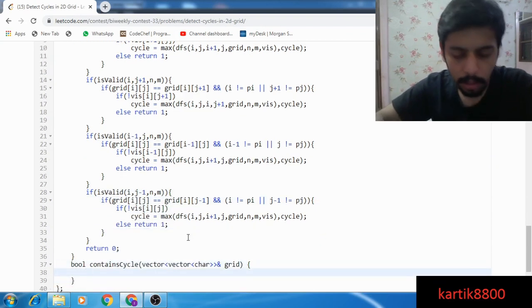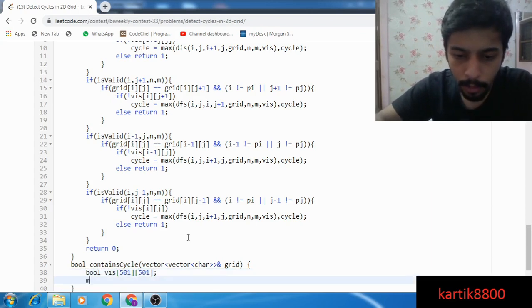So we are done. Now I just need to do this thing. Declare a bool visited array, bool vis 501 cross 501 maybe. Memset it, memset vis 0 size of vis.